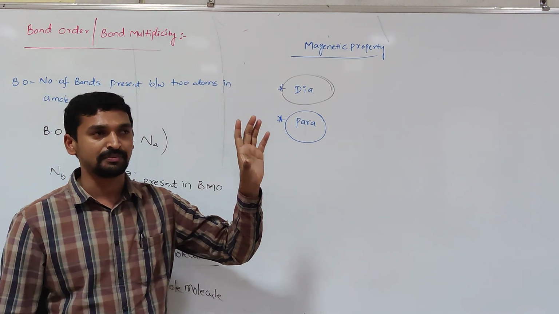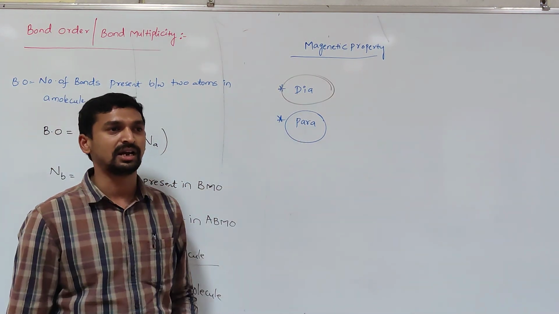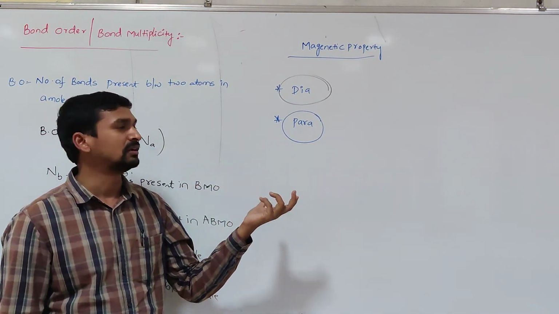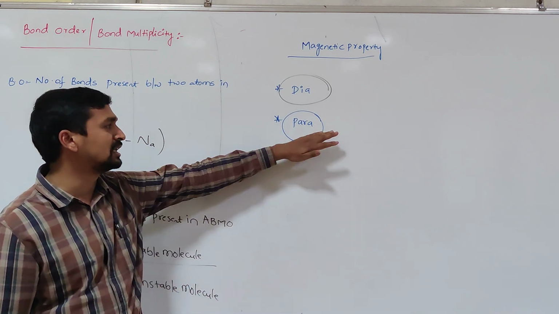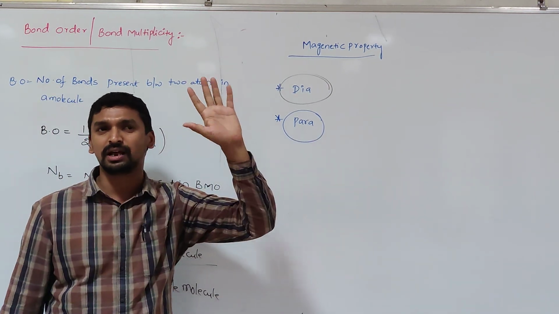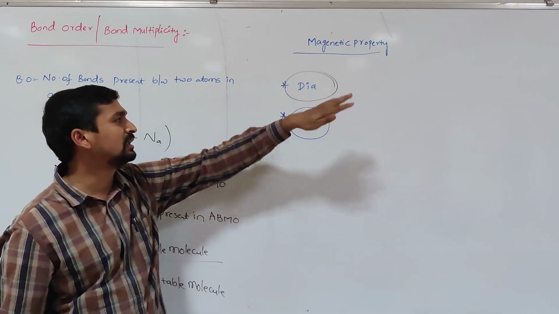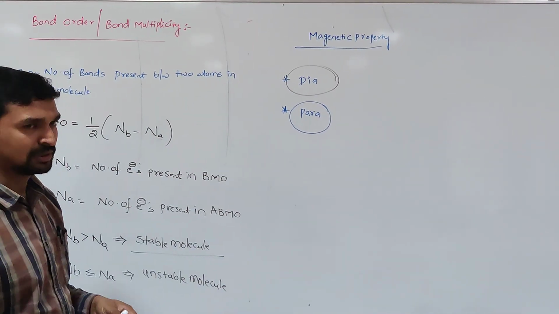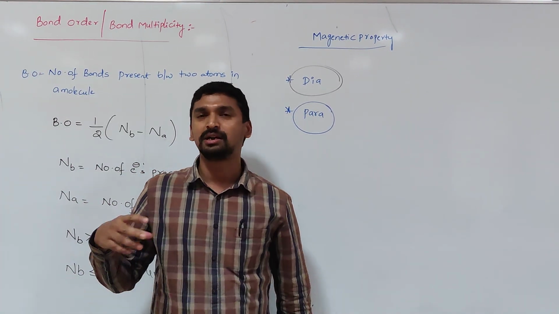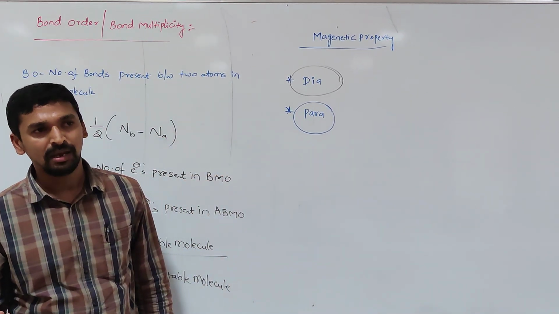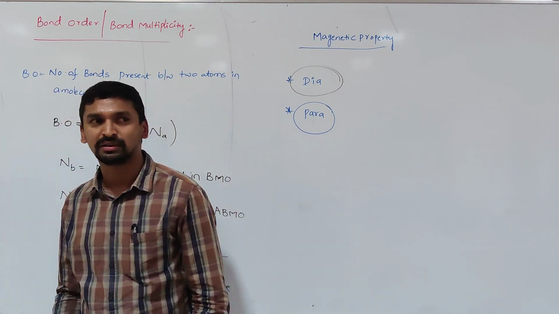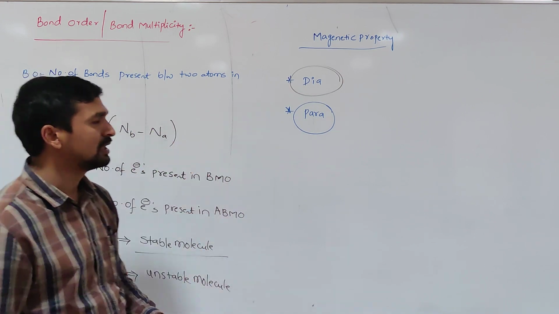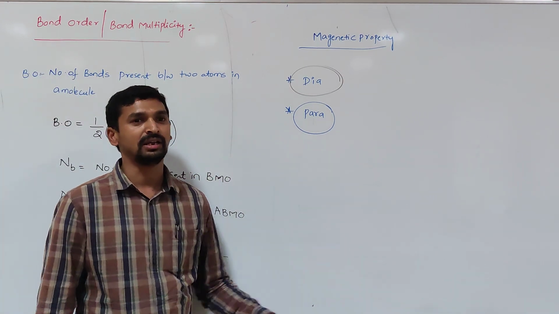When we observe the sequence order, if any molecular orbital is filled with a single electron, definitely that is said to be paramagnetic. If all the molecular orbitals are doubly filled, then that is said to be diamagnetic. Like that we can predict the magnetic property. So this is about how the combination of atomic orbitals gives molecular orbitals, then the energy order of the different molecular orbitals, and how to determine the bond order and predict the magnetic property. That is what we learned in this class.